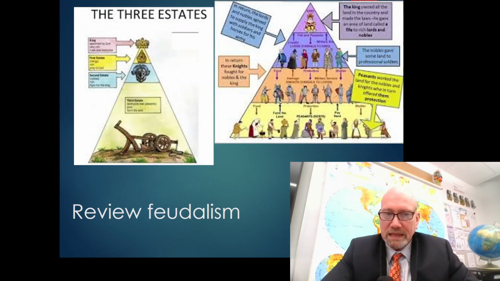And within the nobility, it would have been stratified where there would have been major nobles and lesser nobles. But there's this sense of a line where you are either a noble or you're not. You're either a lord or lady or you're not. There's a clear class distinction in terms of your rights and responsibilities and your access to power and your access to certain legal rights before the law of the land.